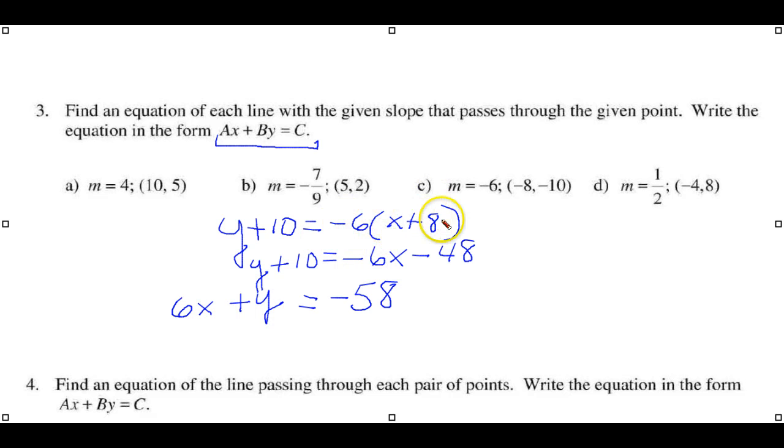So we clear parentheses, get this. We then transpose this to the other side where it becomes a positive 6x. There's our y. And now we transpose a positive 10 to this side, makes it a -10. And we end up with -58. So not too bad. And again, students often mess up on this because they haven't memorized the point slope form,